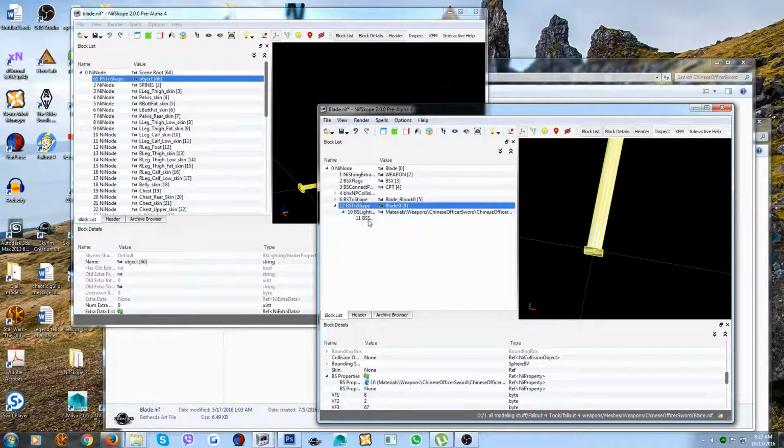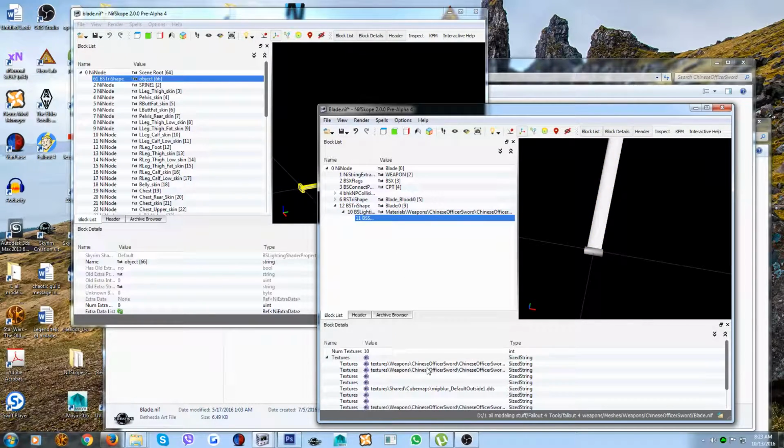So now we need to change the texture paths. So just click on this bottom list. It'll bring up all the textures that are assigned to this currently, which before it was a Chinese officer sword blade, so we need to change that. Whatever you named your textures, remember how we did the textures, name the exact same thing as you're going to do in here. So ours was tutorial sword,